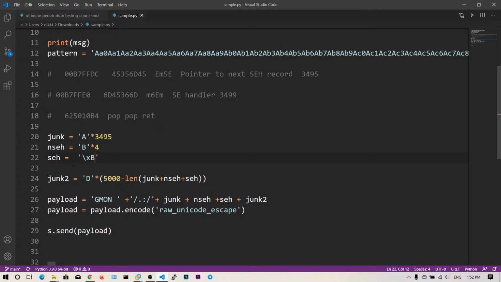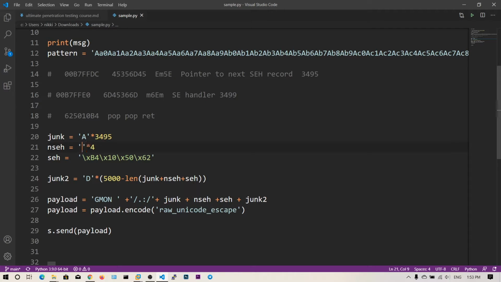Let's say B4, the next one is 10, the next one is 50, and the next one is 62. So we are overwriting SEH with this pop pop return address, and after this pop pop return we will jump back to this NSEH, and the code at this point gets executed.